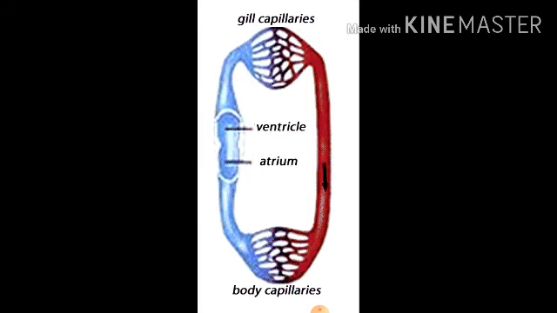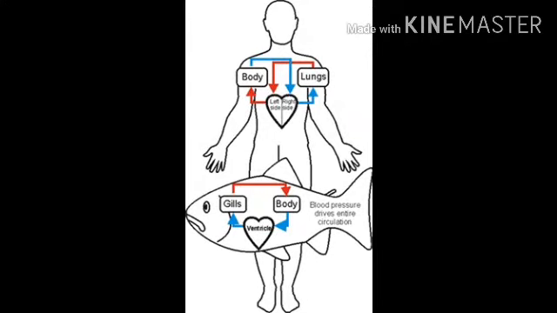In the body parts, oxygen is utilized and carbon dioxide is released, which enters the blood, making it deoxygenated. Now this deoxygenated blood returns to the heart and is pumped to the gills again. This way the circulation is repeated again and again. You can see that in this circulation, blood enters the heart only one time.